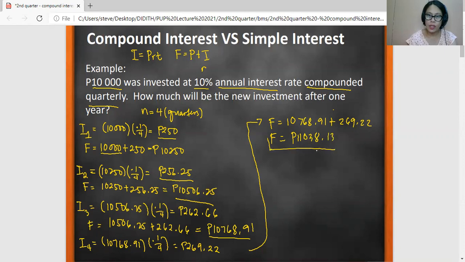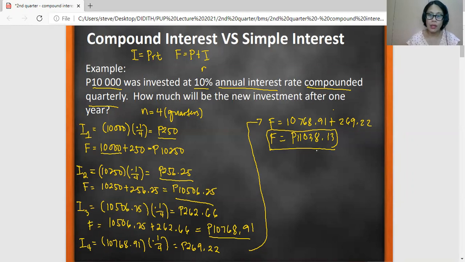So this is the final amount of money after investing it at 10% annual interest rate compounded quarterly. So take note that the interest has earned interest as well. So the interest earned per quarter is added to the principal amount, and we come up with the new principal